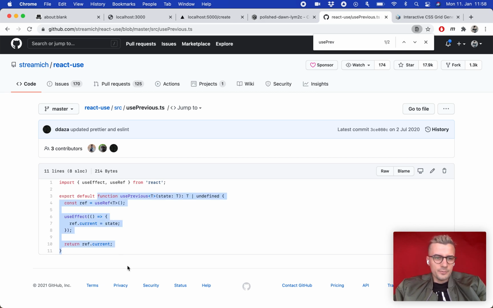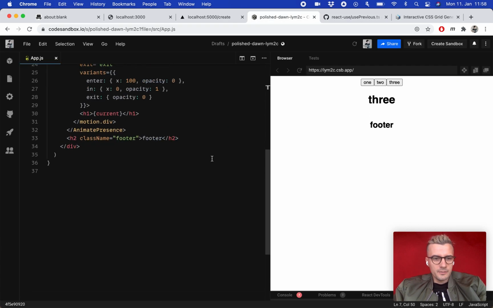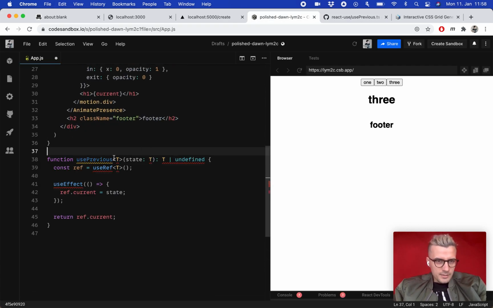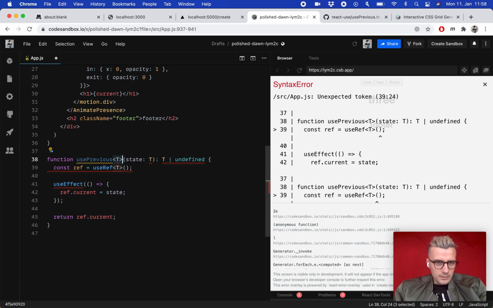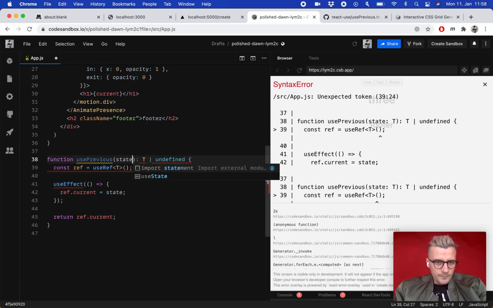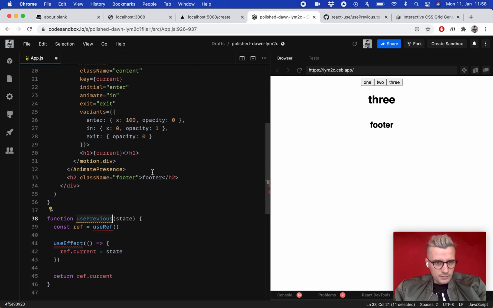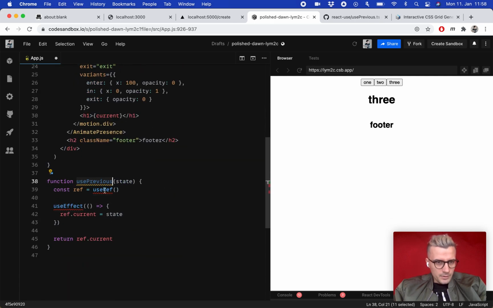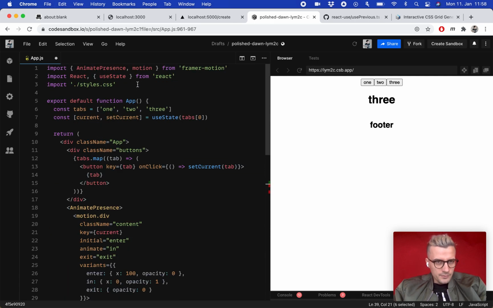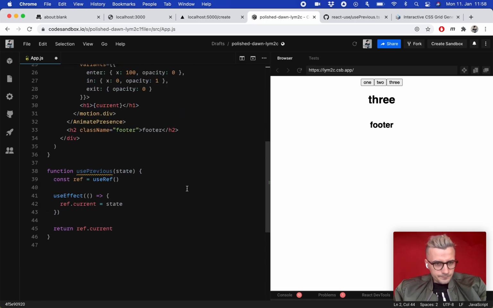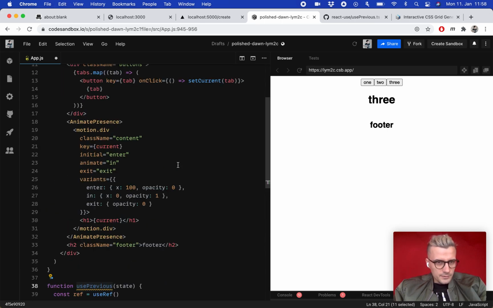So we can just copy this because we don't need a whole library. Let's paste it in here. Let's remove the types. We don't need TypeScript for this project. I usually use TypeScript, but since some of you might not, I'll use vanilla. We need these useRef and useEffect. Import them in, useEffect. And now we can use this hook